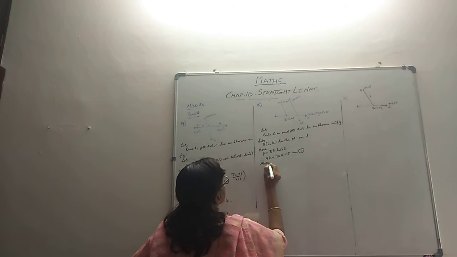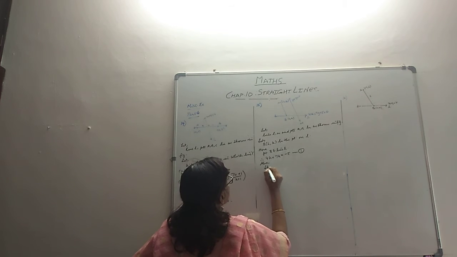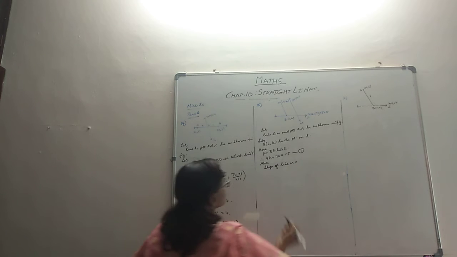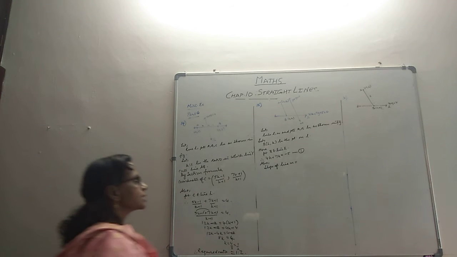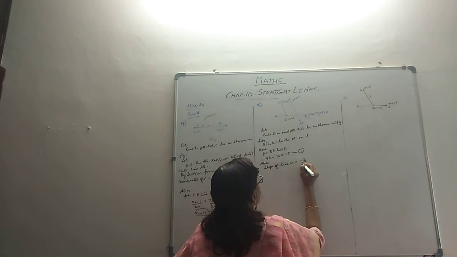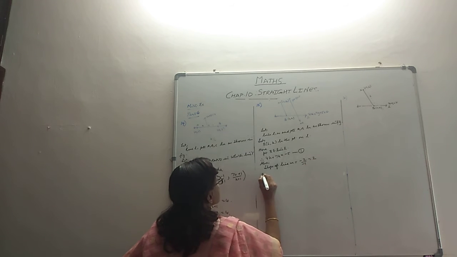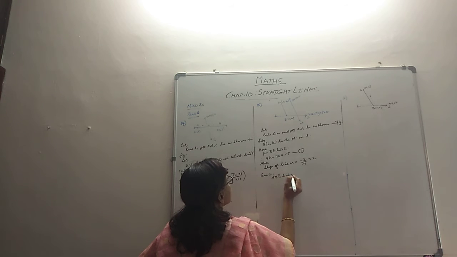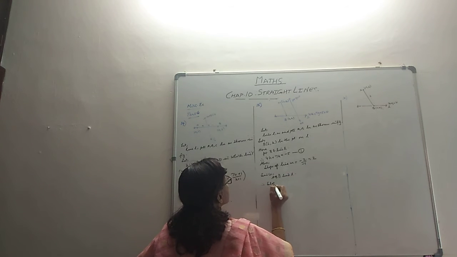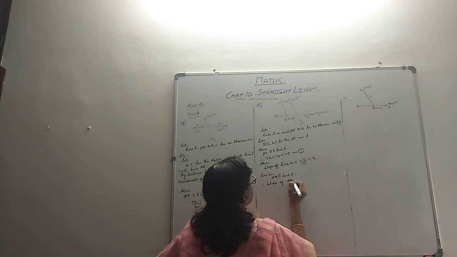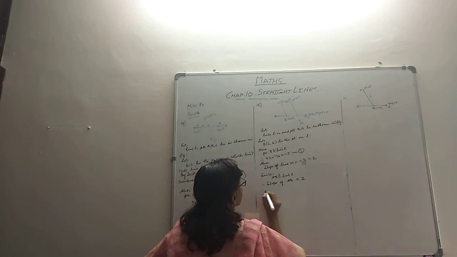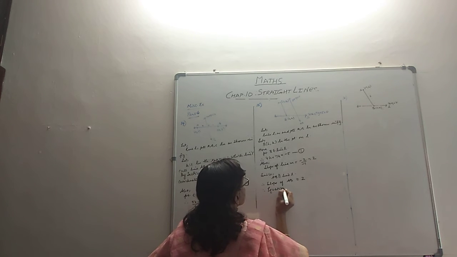Line, okay, slope of line L, slope of line M. I was trying to see how the slope we should take. Minus A by B always. Minus A by B is 2. So since AB is parallel to line L, therefore slope of AB is going to be also 2. So therefore, equation of AB,